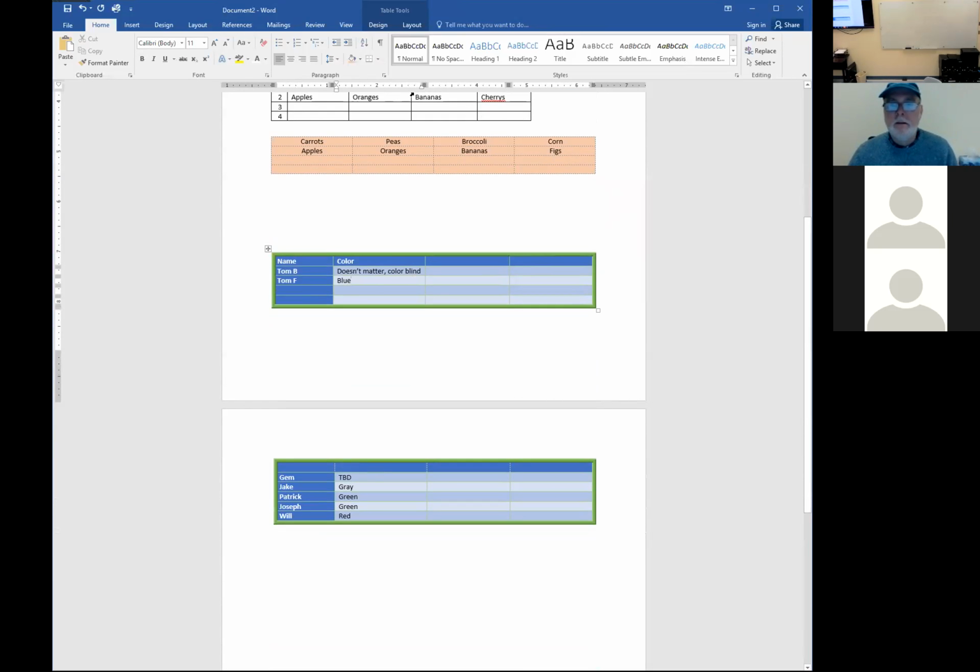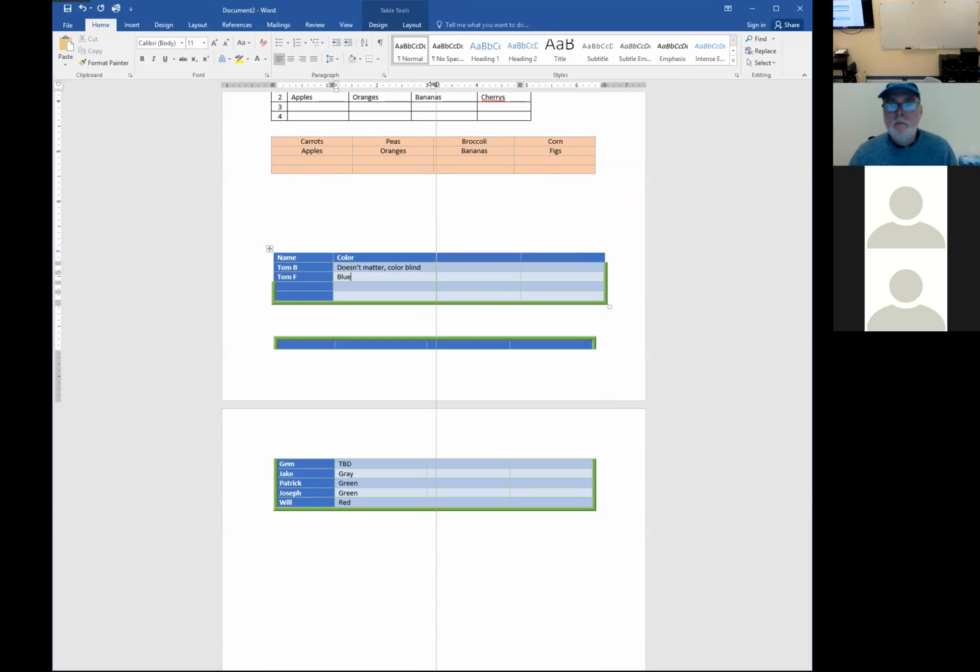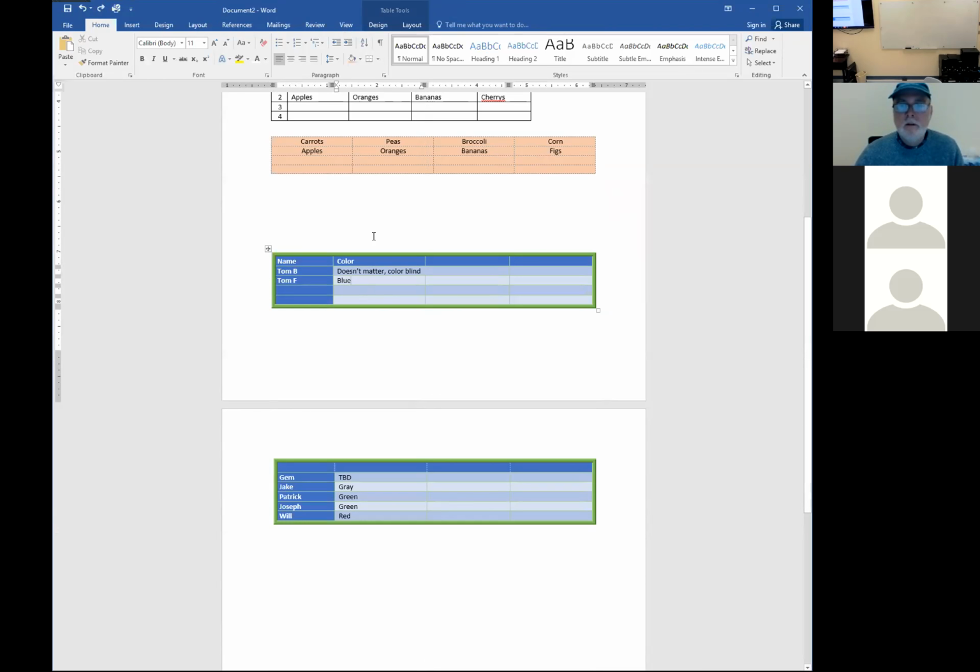So if I know in this I want to make the column a different width, I can either drag it like this. Oh, come on. All right, now all the borders are getting messed up. Microsoft, you're good at it. So if I want to make this column right here, oh, what did it do? I have no idea what happened there. If I want to make this column 2 exactly 1.5 inches,